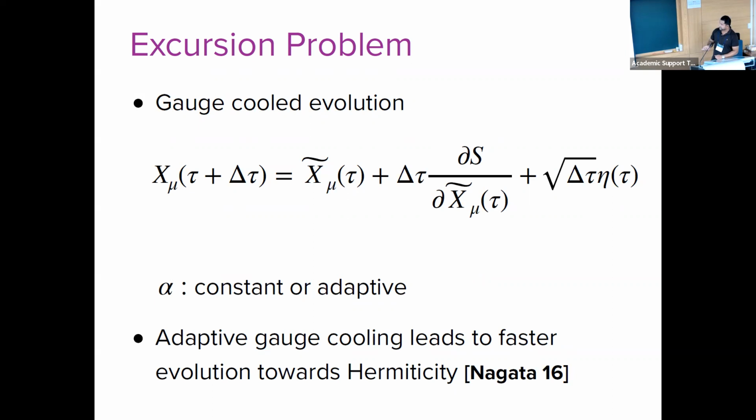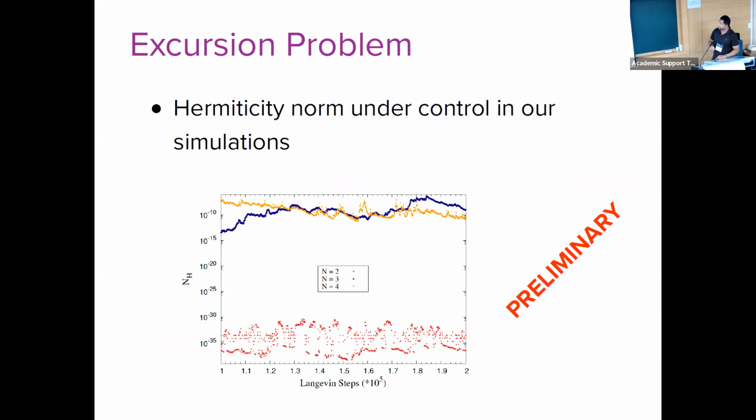Now if you make alpha adaptive, it leads to a faster evolution towards hermiticity. It was shown in this work. So we use adaptive gauge cooling. These are all part of the numerical technicalities. So in our simulations, the hermiticity norm is under control. It's not blowing up. So we simulated this for the number of colors, or the size of the matrix,